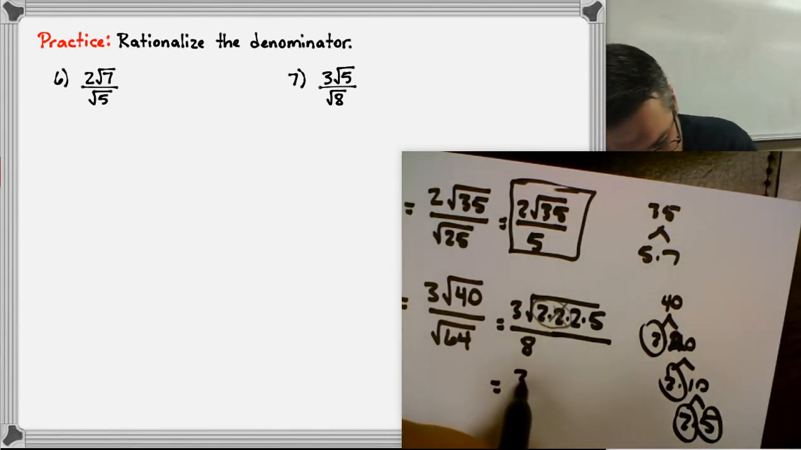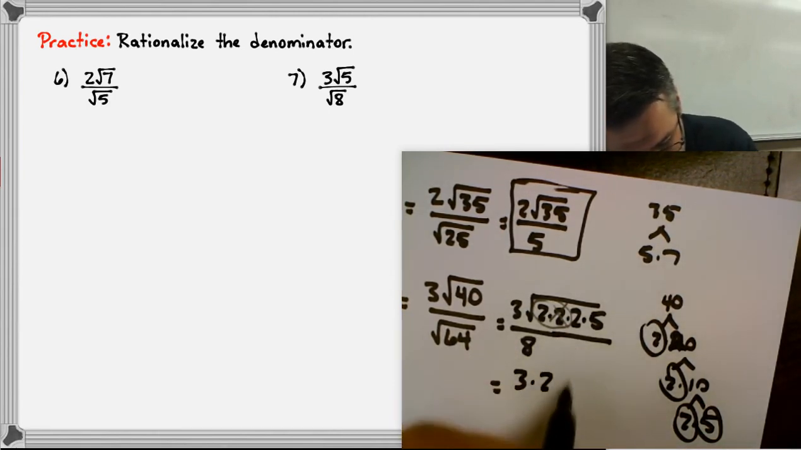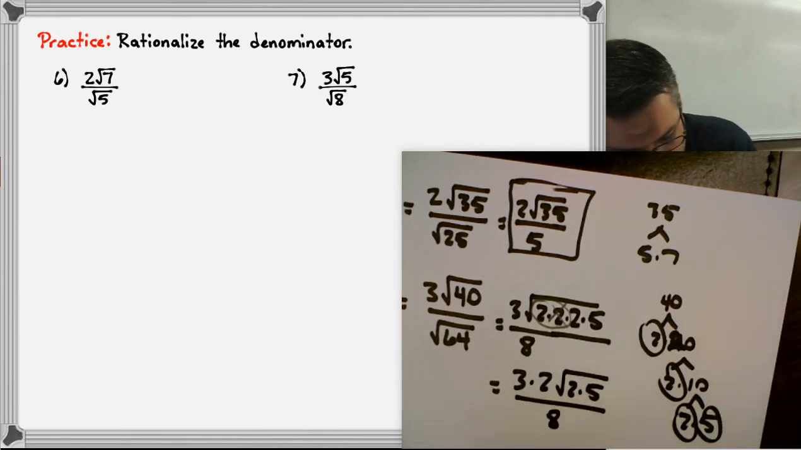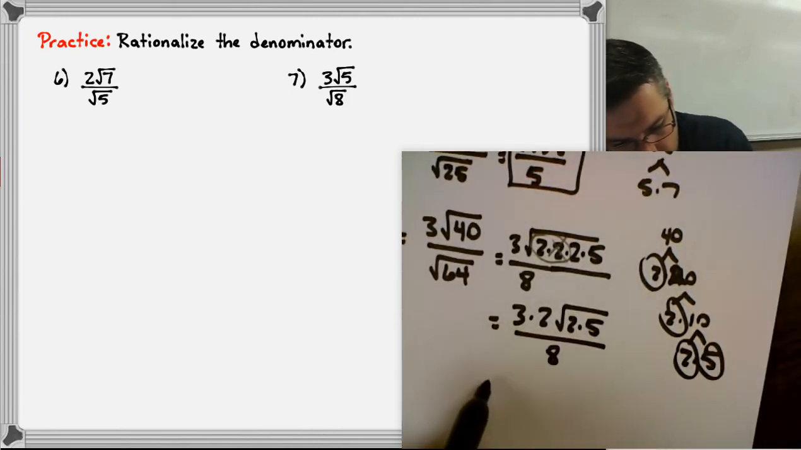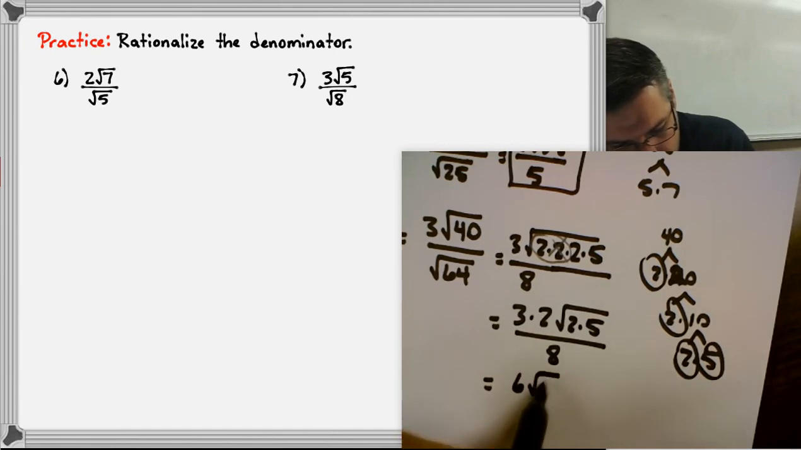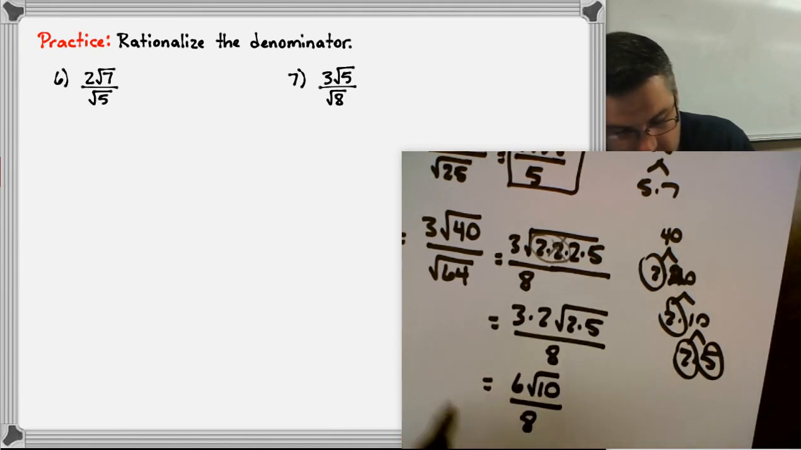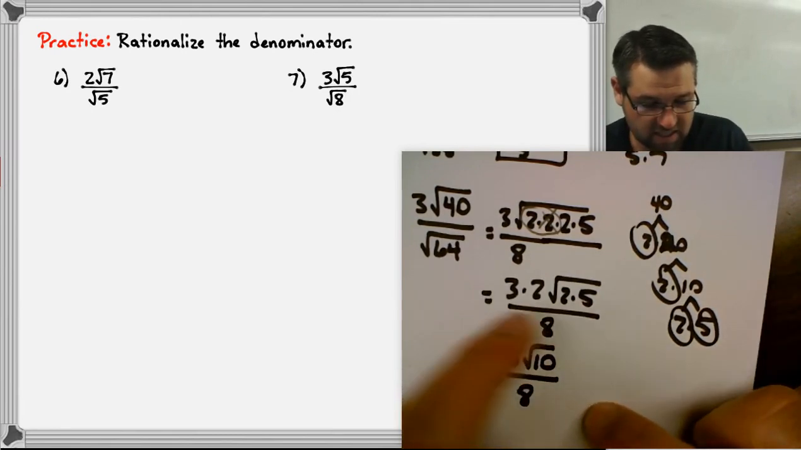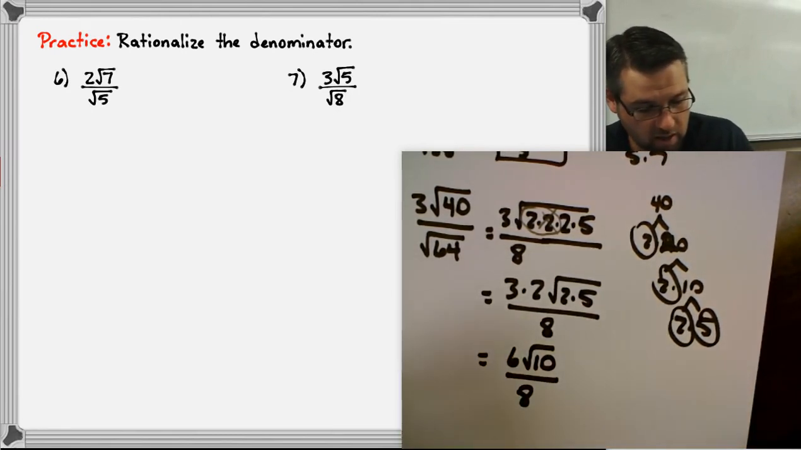So on the outside, we have the 3 that's still there, the 2 that went out, and then the 2 times 5 that's still inside. And on the bottom, we have 8. And so we end up with 6 radical 10 over 8. Now, our problem has gone away. The radical is no longer on the bottom, but this can be simplified a little bit further because 6 and